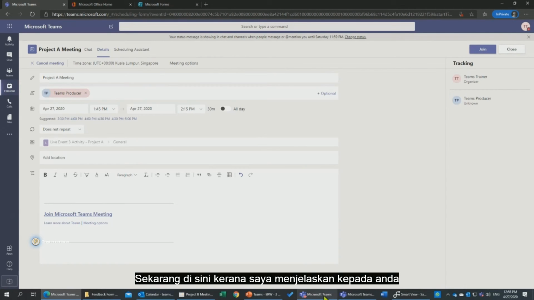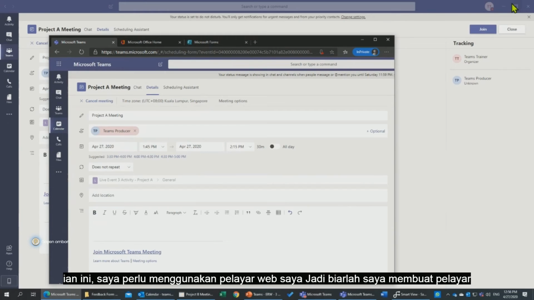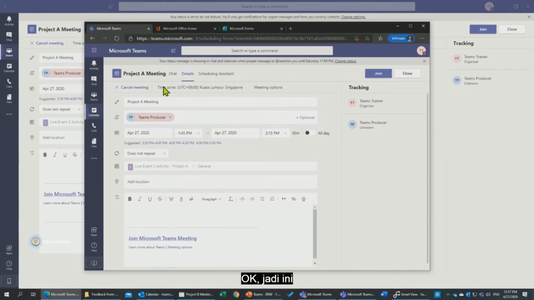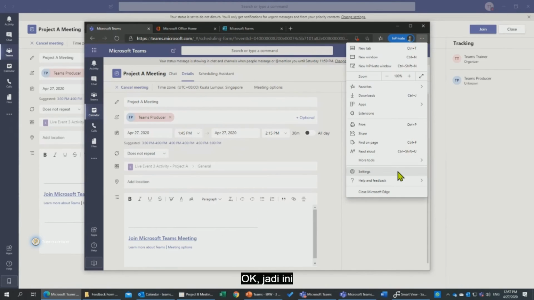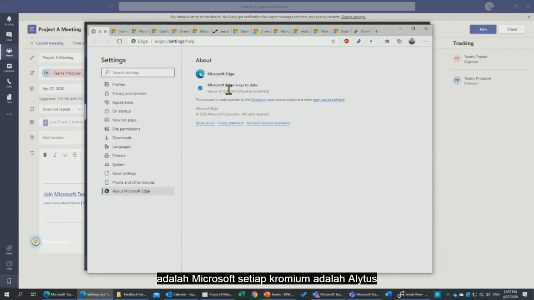Now over here, as I explained to you, I'm currently sharing my screen using the desktop client. So in order to join this online meeting, I have to use my web browser. Let me make my web browser smaller to show you that this is the web browser view. Okay, so this is Microsoft Edge Chromium, the latest Microsoft Edge. This is running the same engine as Google Chrome. So either you use Google Chrome or Microsoft Edge Chromium, a brand new modern web browser, which allows you to